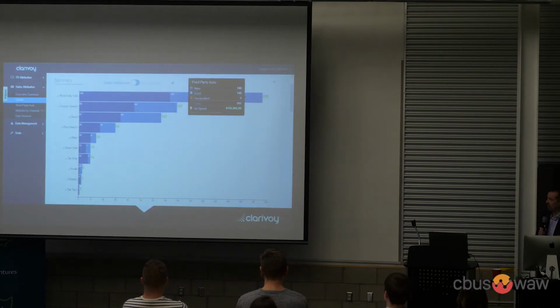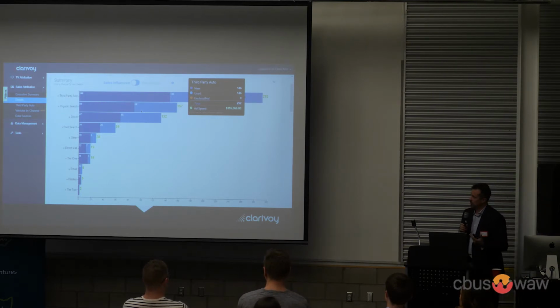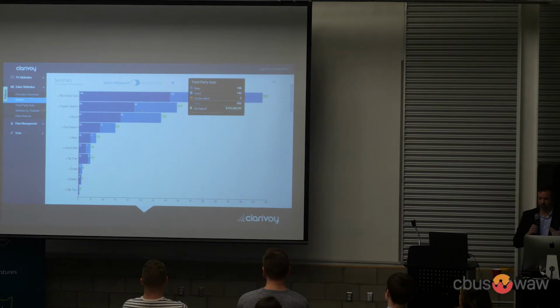And then we take it to the dealer and we say, okay, of all the cars that you sold last month, here are the different channels that led to a sale. So think back to what I was talking about earlier. We're still fractionalizing the credit. We're using a rules-based multi-touch attribution model. We are looking at all of the different click trails and touch points that led to a sold vehicle. So we start to see how the different channels that they use stack up.